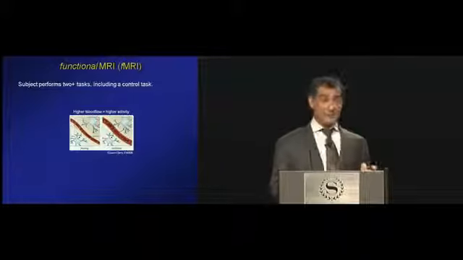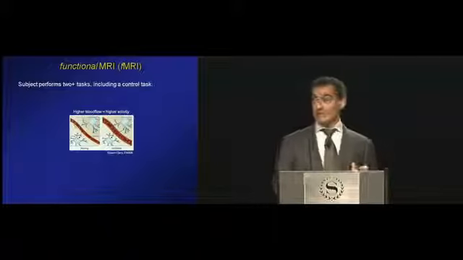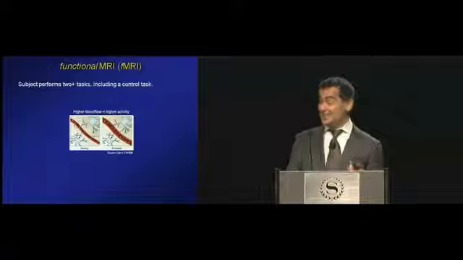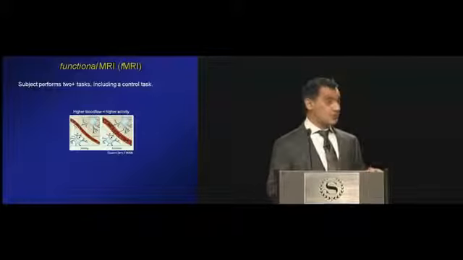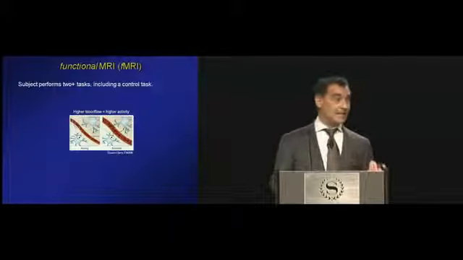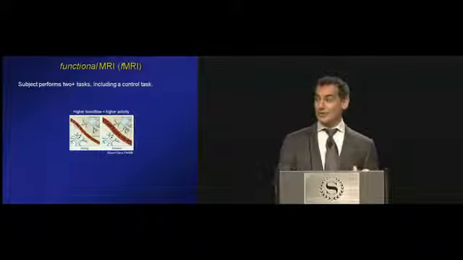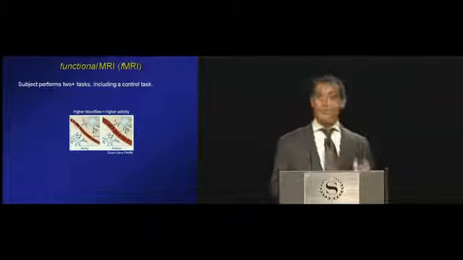When brain areas are active, and the largest proportion of the blood in the body is actually in the brain, that's where most of the blood oxygen goes. Of course, when a brain area is active, it draws more blood, the blood vessels get larger, and it turns out that hemoglobin has different magnetic properties before and after it has oxygen, and the MRI can pick that up. Because the MRI can pick that up, it can tell us which parts of the brain are more active